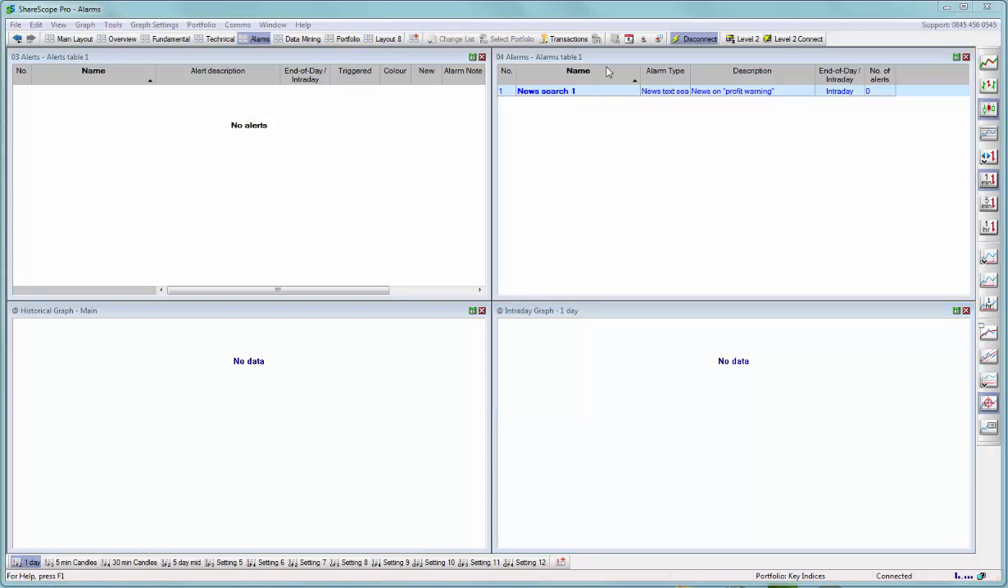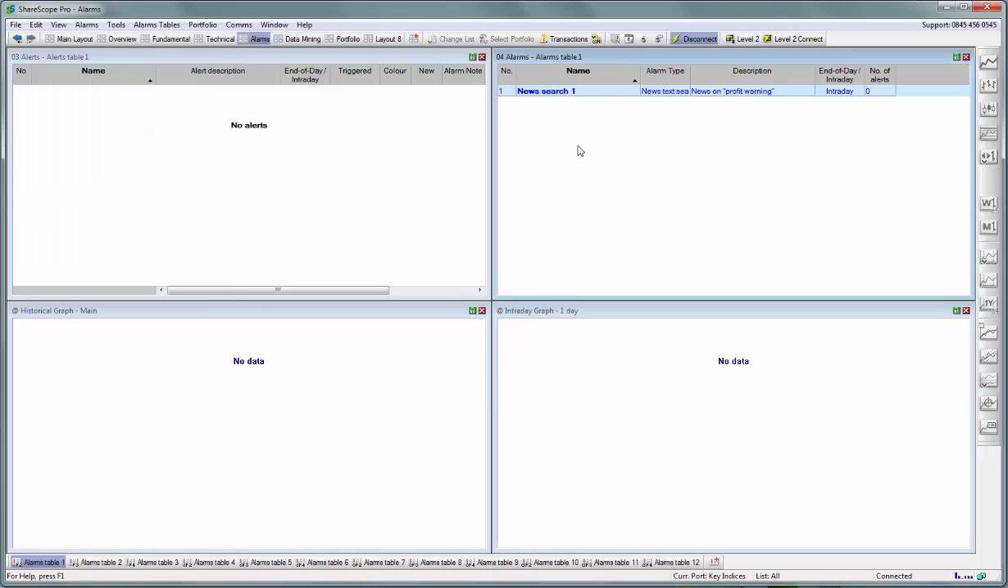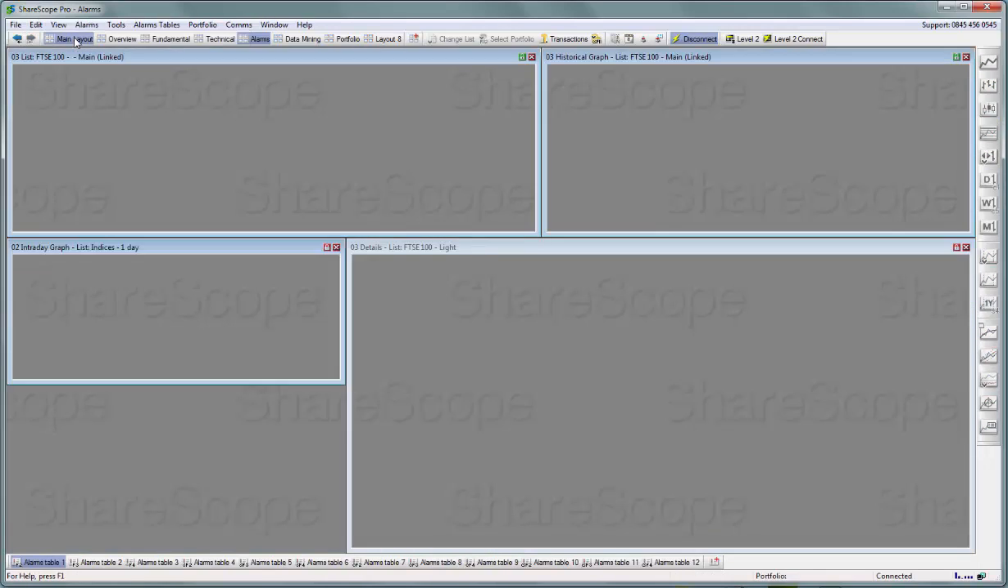Setting an alarm is done by using either the 2 toolbar buttons at the top here or the edit menu at the bottom here. Set end of day or intraday alarm. I'll quickly show how to set up an alarm. If we go back to the main layout,